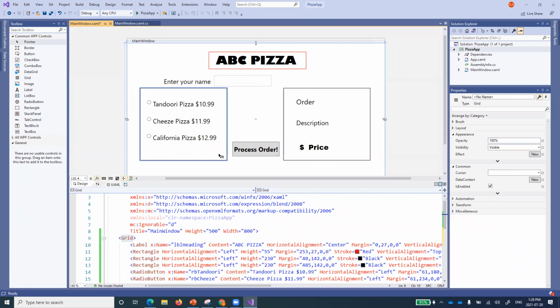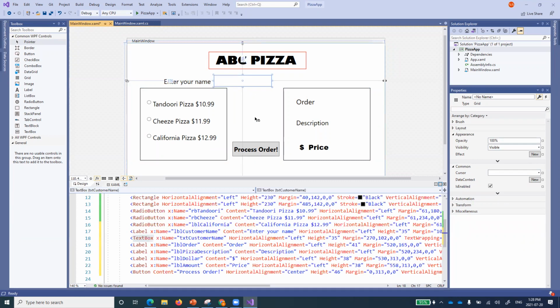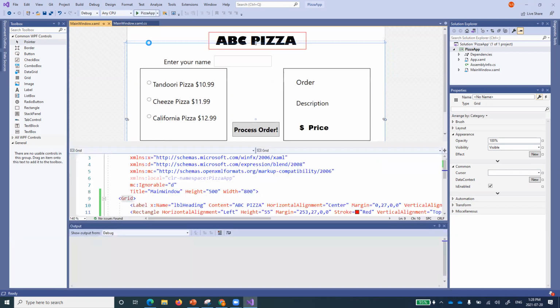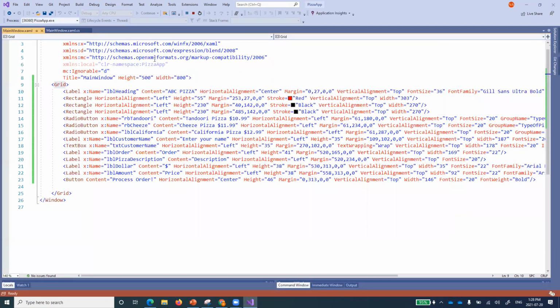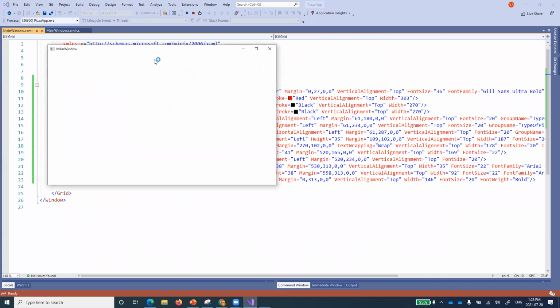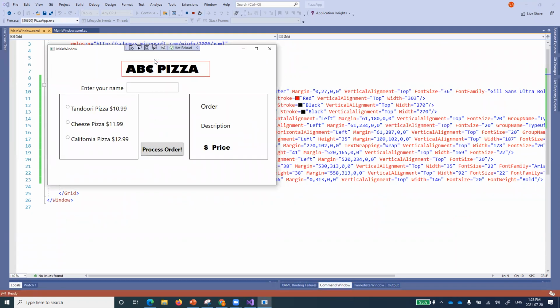Right. So still we can do one or two more things with respect to our UI. First of all, let's run that one and see what is happening. How does it look? Of course, it's very colorless, and I'll try to bring up a few things and add something. So this is our application.